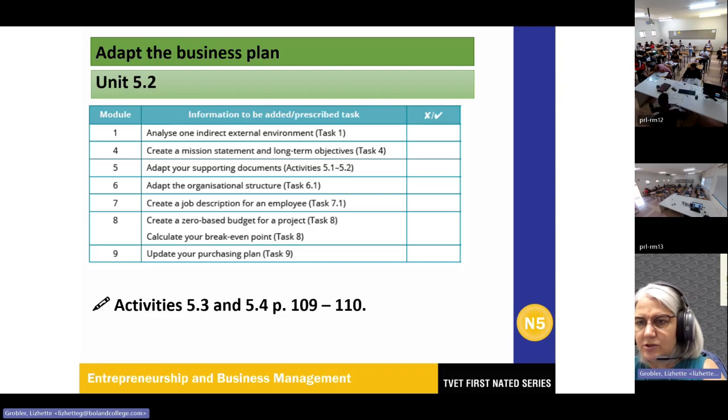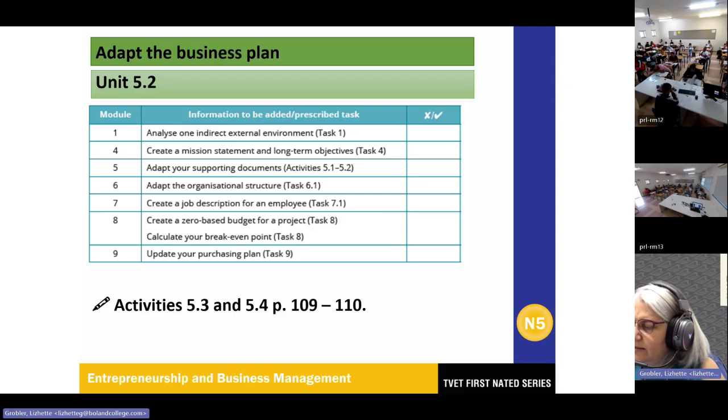Page 109, we've got a management plan. So the type of ownership, what have you decided on? Sole trader, partnership, company, or have you decided to open an NPO where you just spend all the money on charity or a specific need in your environment or the area where you stay, whatever you've decided.